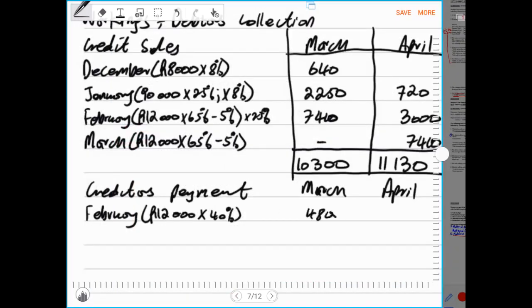40% is 4,800. Then that is where the collection will stop. Then now we continue, we check for the next month. We check for the next month. And the next month